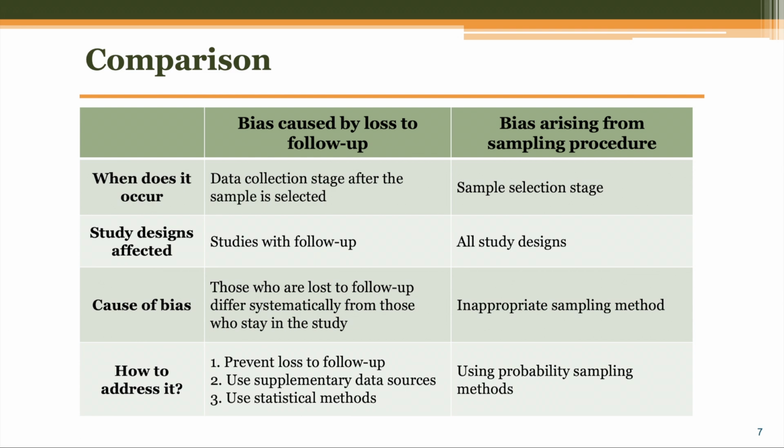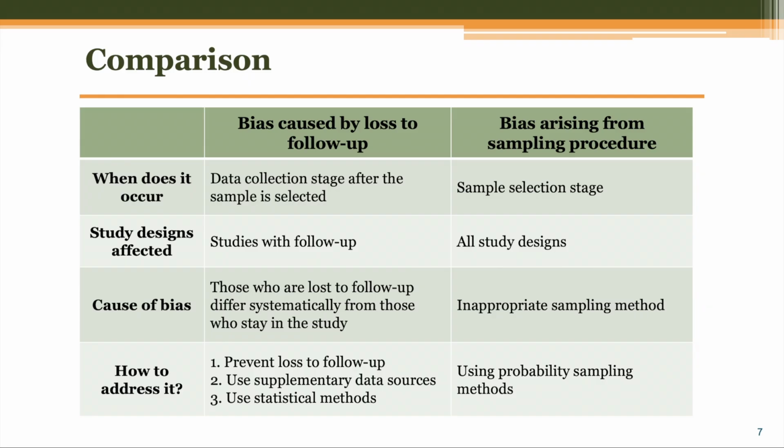Third, cause of bias. In the case of bias caused by loss to follow-up, bias occurs when those who are lost to follow-up differ systematically from those who stay in the study. For example, if sicker participants are more likely to leave the study. For bias arising from sampling procedure, the problem comes from an inappropriate sampling method, where the selected sample doesn't accurately